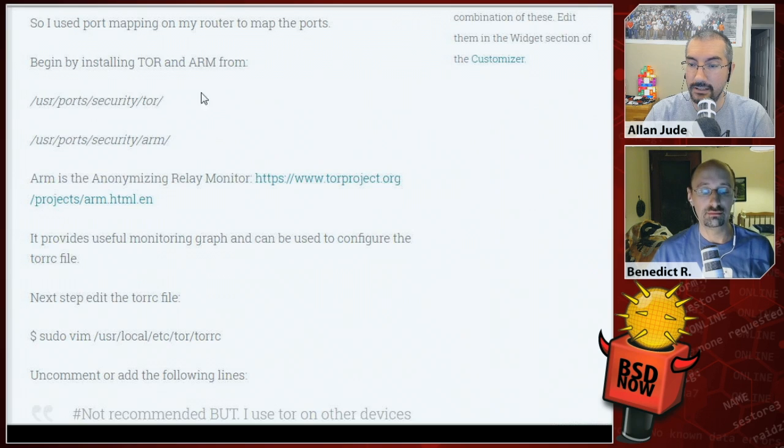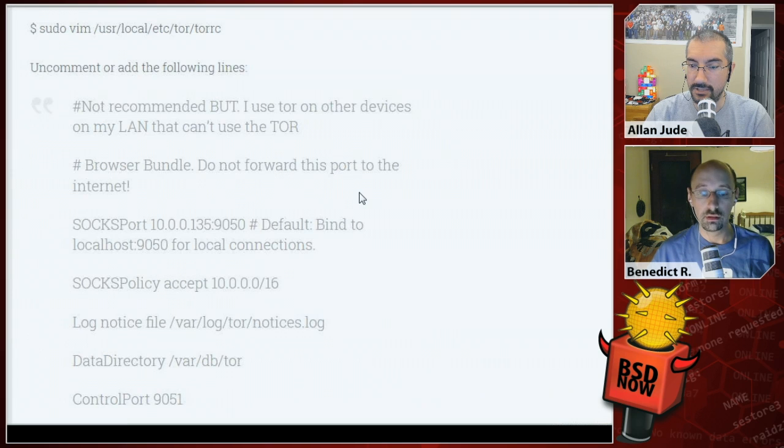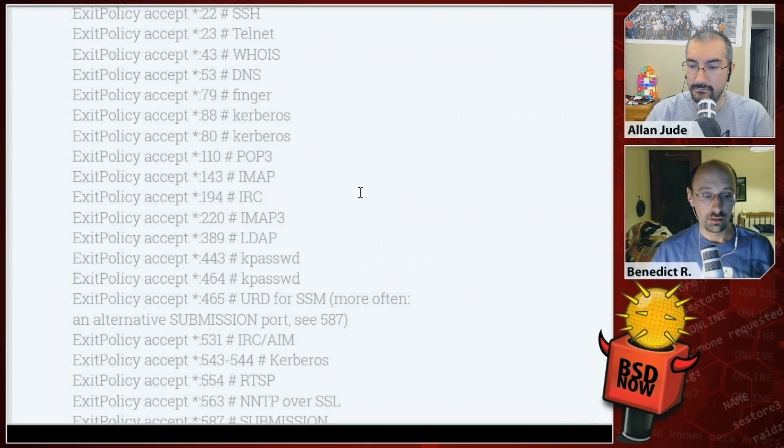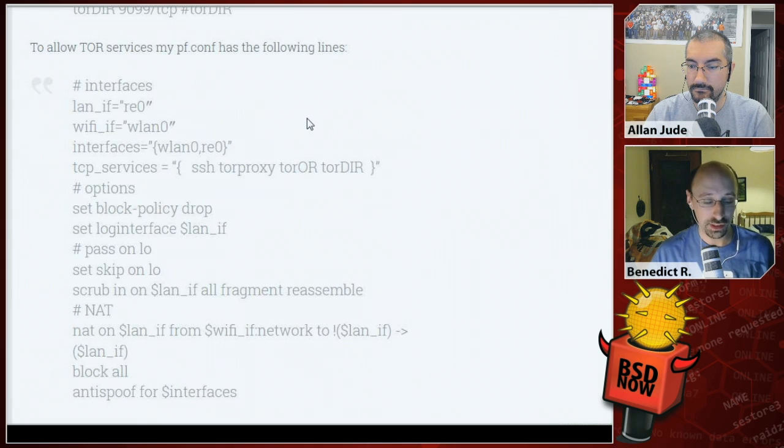Oh, so yes, they install two things, Tor and ARM. ARM is the anonymizing relay monitor. It provides useful monitoring graphs that can be used to configure the Tor RC file. And they're talking about making some changes to that Tor RC file to do what you want to do. There are also a couple of screenshots at the bottom of that blog post. Looks very nice. It's just a simple graphical output from the shell or from the console,